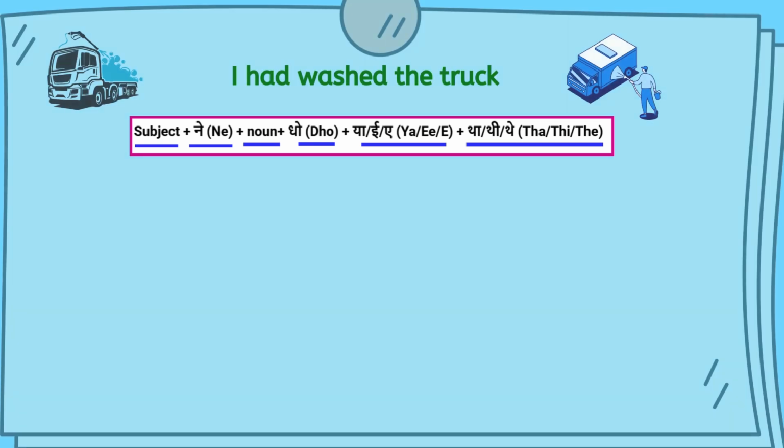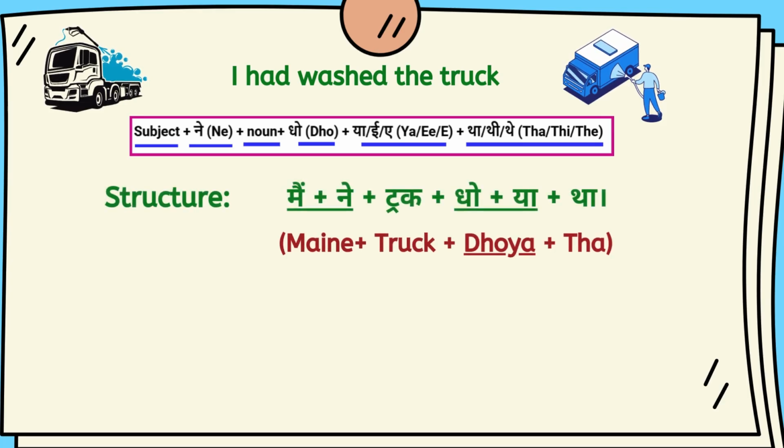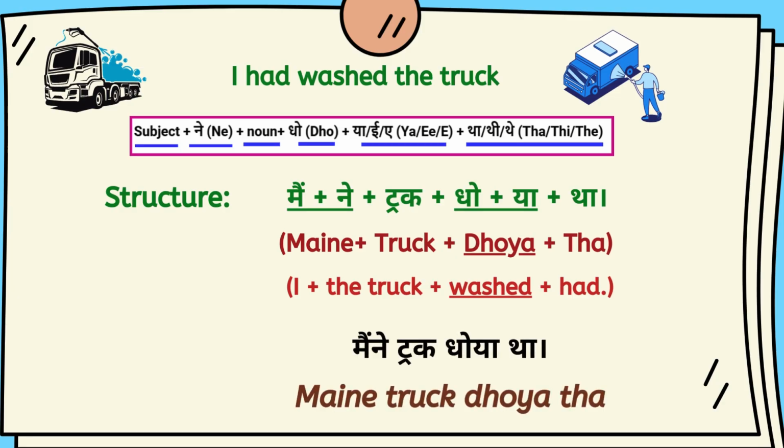Now let's take another example. I washed the truck. So it will become मैं followed by ने plus truck plus धो followed by या plus था. So मैं, that means I, when followed by ने becomes मैंने, which is I in the past tense, followed